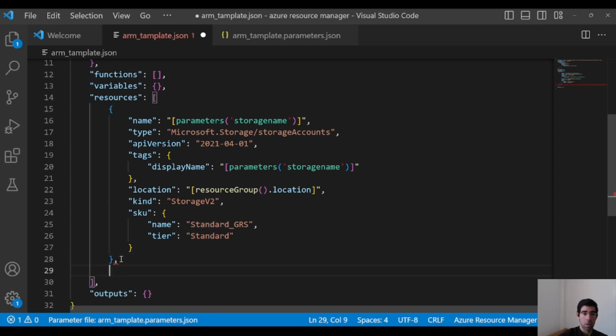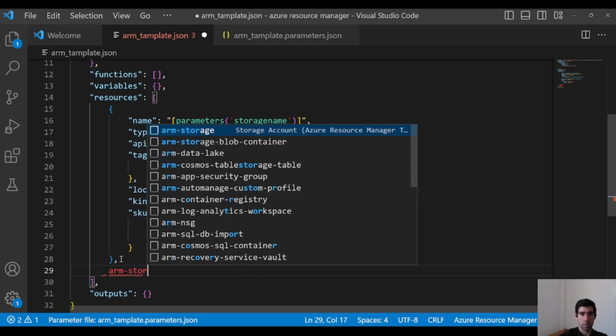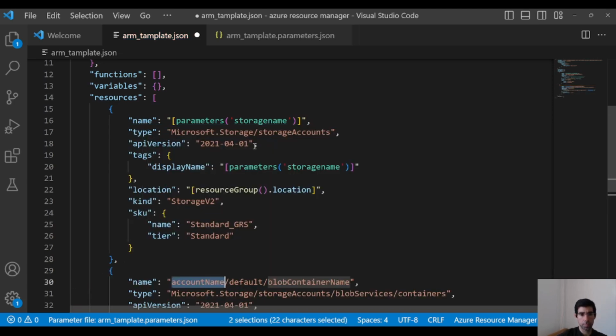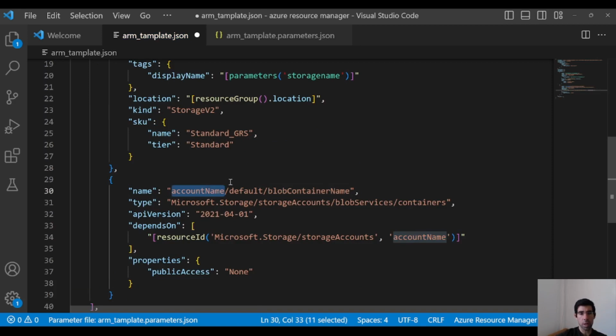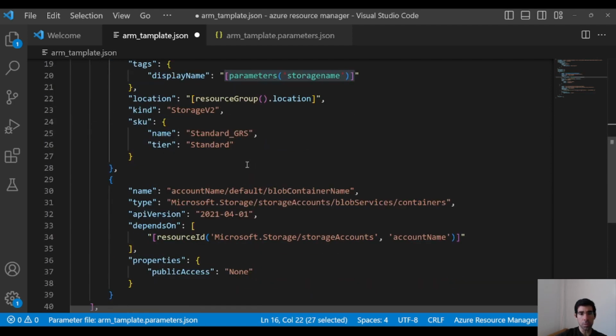So let's create an ARM storage blob container, and you see here we have the account name, slash default slash blob container name. That would be our container name, and the account name is the account that we define, the storage name that we defined up here. So what you can do here to parameterize this name is use, let me open brackets,